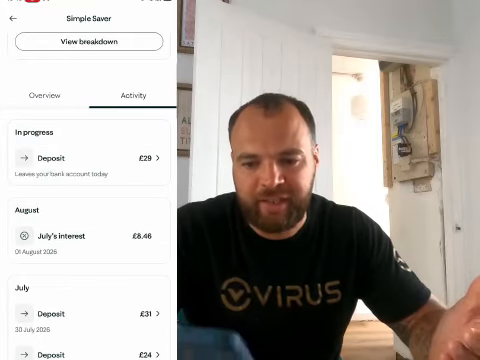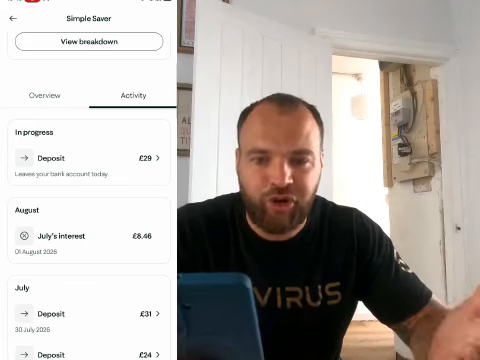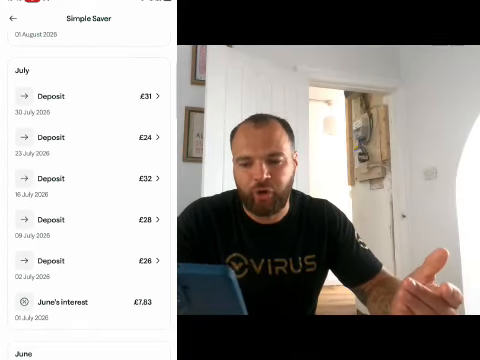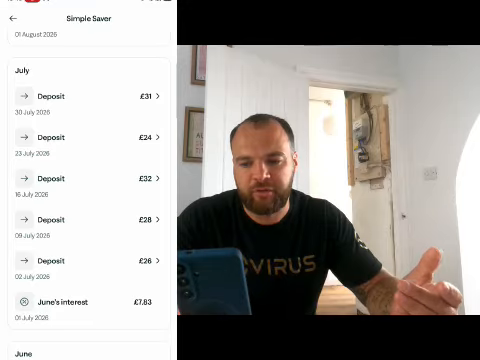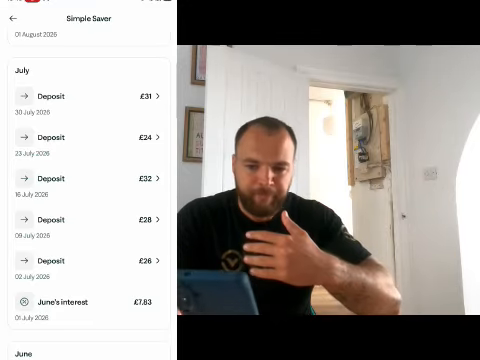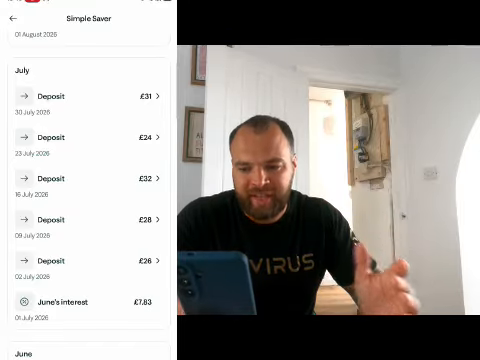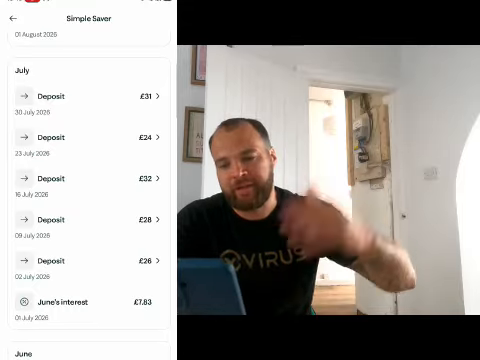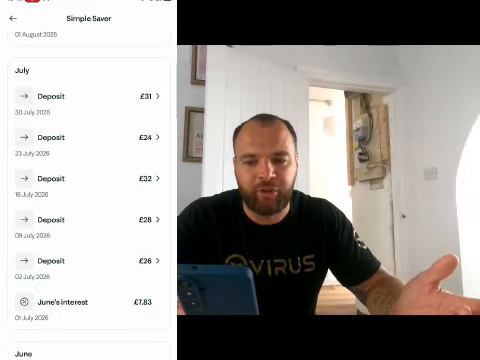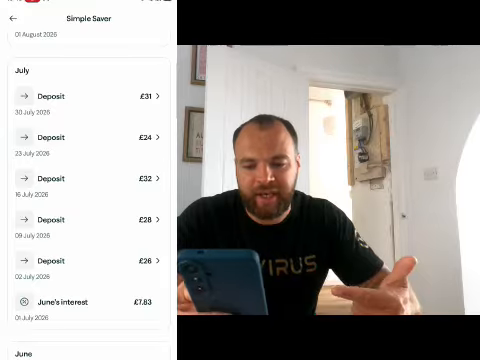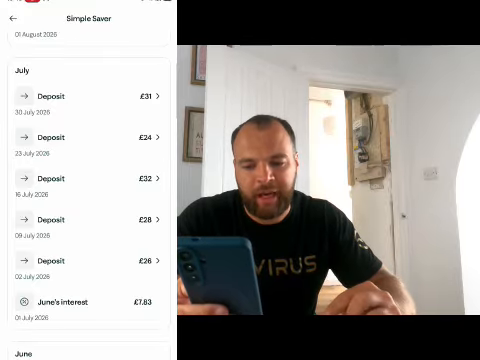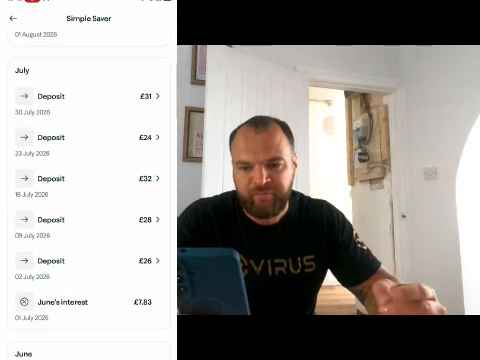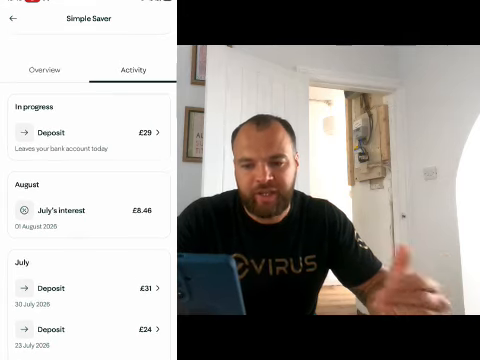Scroll into activity, and this basically shows you then your interest and deposits. So as you see here, last month, July, you can see all my deposits, 26, 28, 32, 24, £31. So throughout all my deposits, it varies between £25 and £35. It's like a £10 difference, how much goes in every single week. And then you can see there June's interest of £7.83. So last month I earned £7 interest. And as you see here, yesterday interest got paid in of